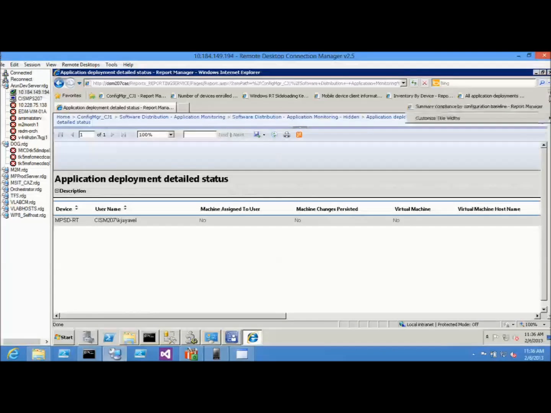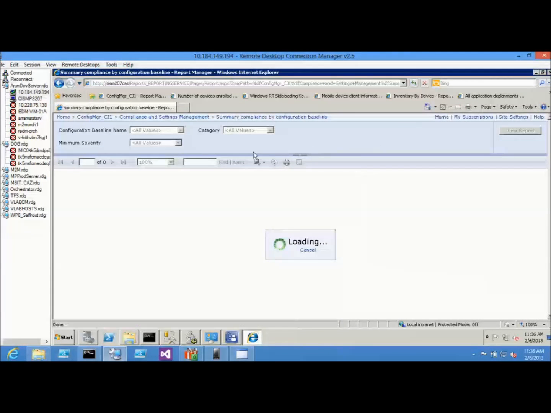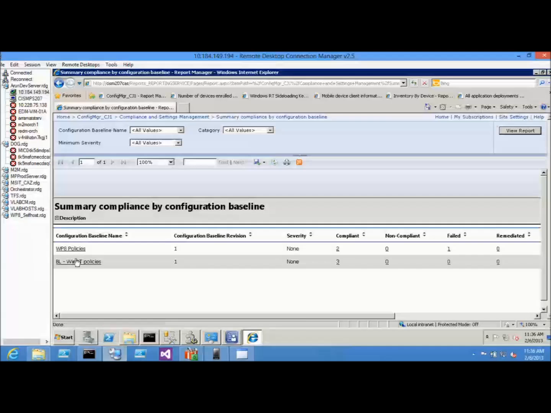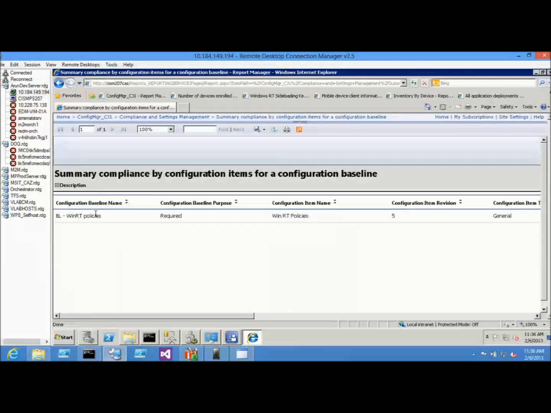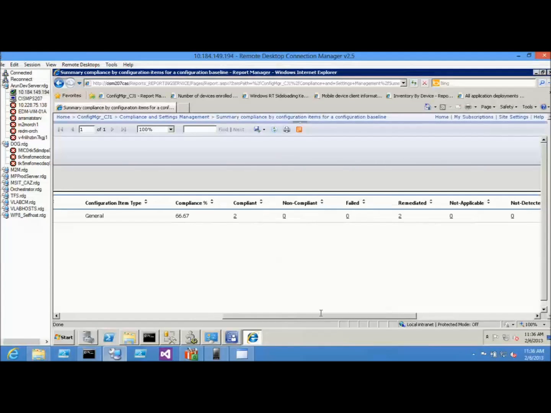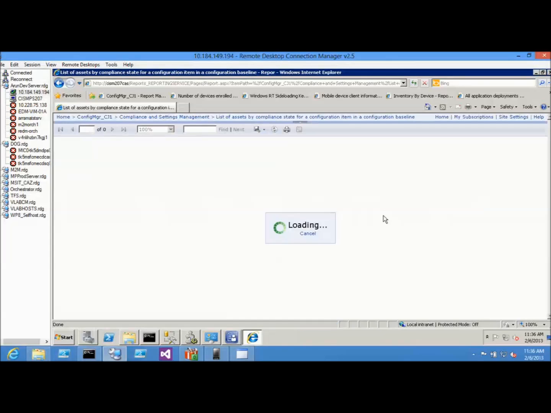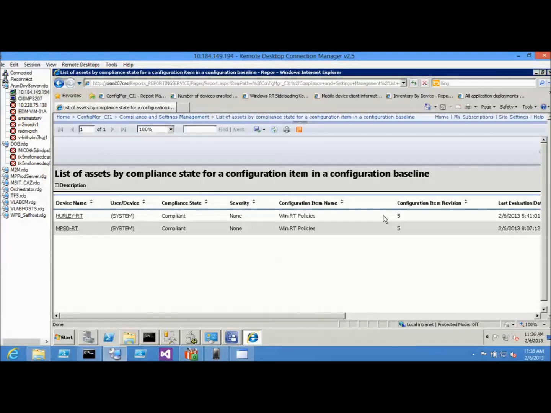Similarly, for the settings management, if you go and select RT policies, you could see how many machines have really complied with this and how many got remediated, how many got really enforced with that policy. If you click on it, it will tell you the list of devices that got enforced by your password or encryption policies that you set up. Okay. So with that,